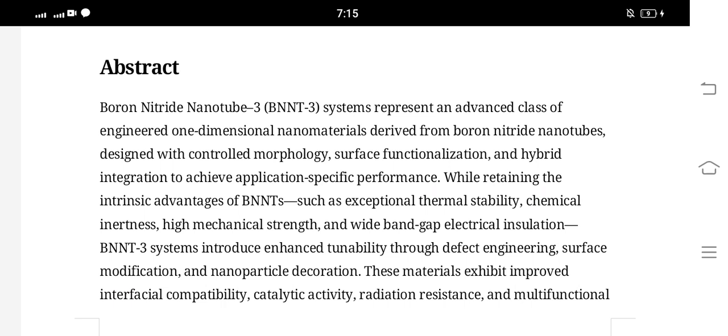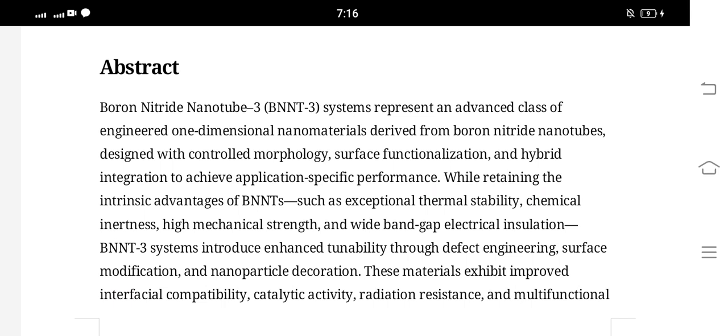Unlike carbon nanotubes, whose electronic behavior strongly depends upon chirality and diameter, boron nitride nanotube possesses a wide band gap of approximately 5.5 to 6 electron volts that is largely independent of tube structure. Over time, advances in chemical vapor deposition and catalyst-assisted growth techniques have enabled improved control over nanotube morphology, purity, and wall